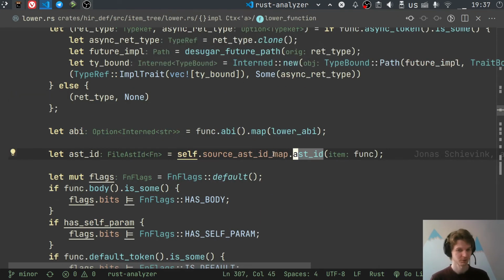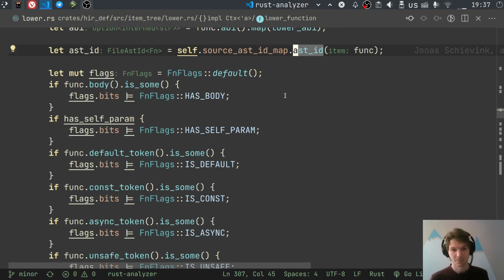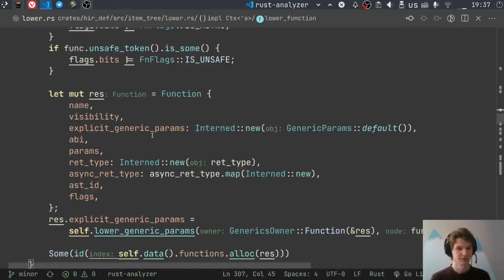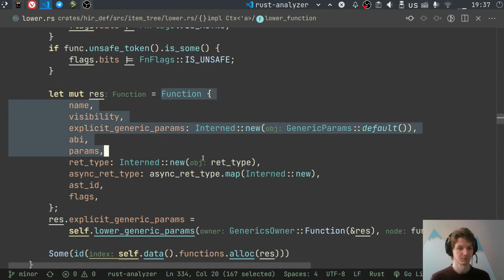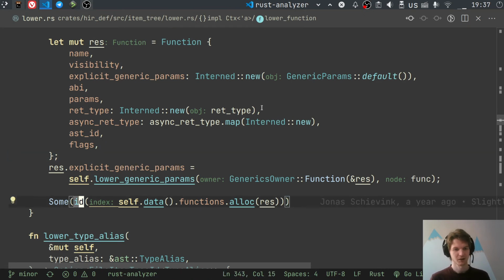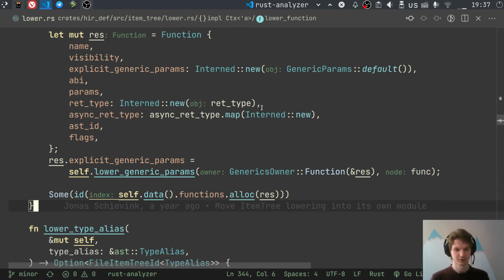Let's see if we have time for this. Yeah, and then we fill all the various flags there. And finally, we create an instance of a function. And then we push this function onto the functions array and return its ID,